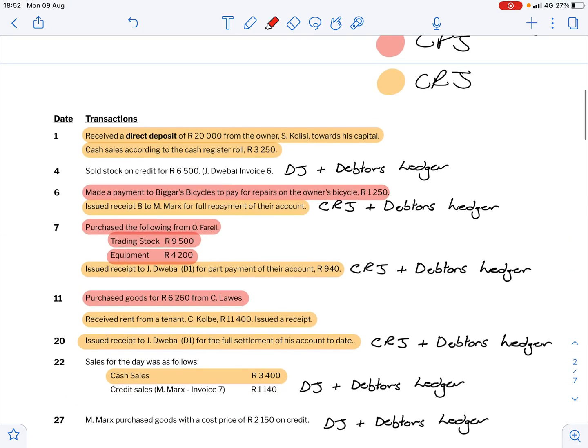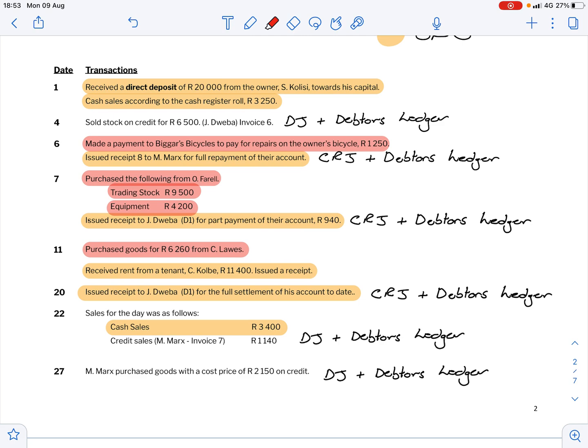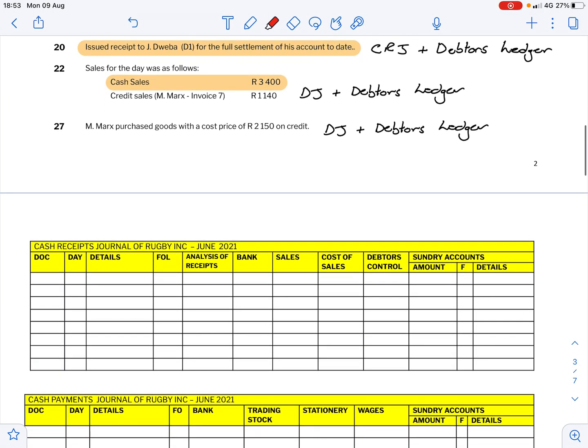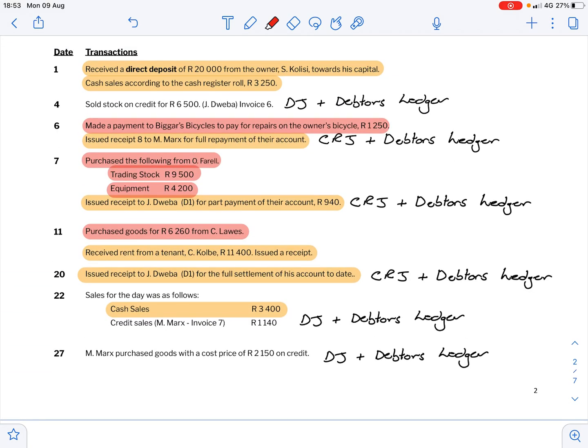Okay, so if we go through and we have a look at the following transactions in red go into the CPJ, and transactions in orange go into the CRJ. The transactions that I've left blank, you'll see that I've written next to them where they go. So on the 4th, we've got a transaction that goes to the DJ and the debtors ledger, as well as the remaining, which you will see. We then have our CRJ. So if we go straight into it, and I'll go journal by journal here,